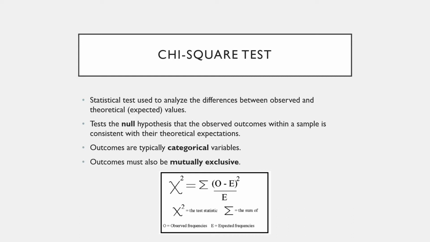All right, so the chi-square test. This is a statistical test used to analyze any differences that may be present between observed and theoretical values, which you'll see commonly referred to as expected values throughout this lab exercise. What this statistical analysis is going to be testing is the null hypothesis, which states that the observed values that you collected from your experiment are within a consistent range of their theoretical expectations. It's also important to note that the variables that you're going to receive are going to be categorical,